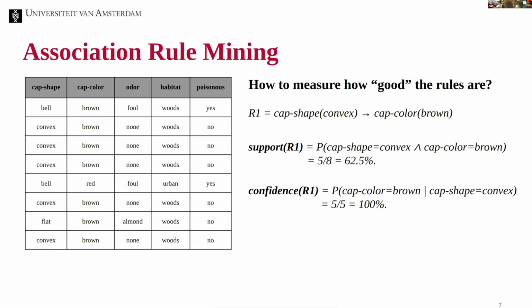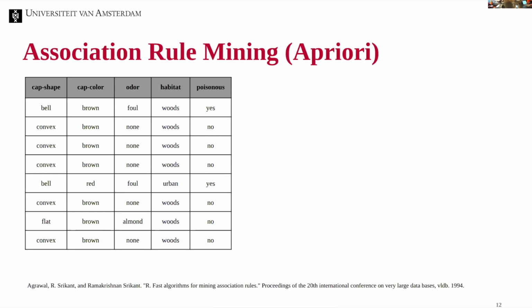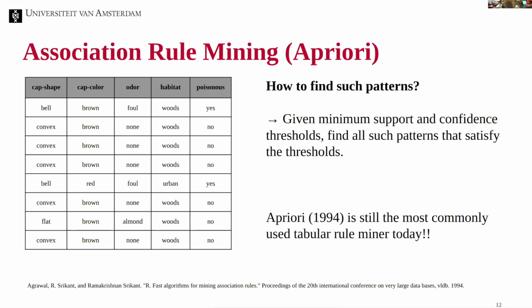So we can have more and more quality metrics that explain the piece of knowledge we extracted from the data sets. And based on the knowledge discovery task, you pick a metric that is more suitable for that task and then optimize for that one, let's say. And now I'm going to show you a method from 1994. This might sound outrageous for LLM people, but this is still today the most commonly used rule mining method in the literature.